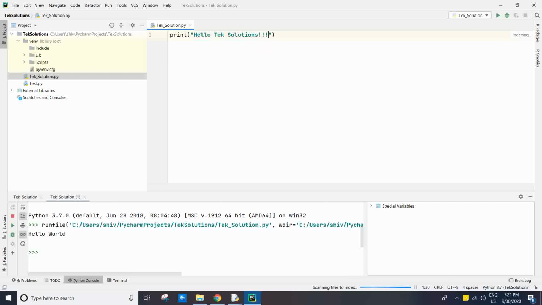Now click Ctrl S to save, and run it. Hello tech solution, this is clear. Now if you are going to show another way, a is equal to 2, b equal to 4, print a plus b, Ctrl S, run.